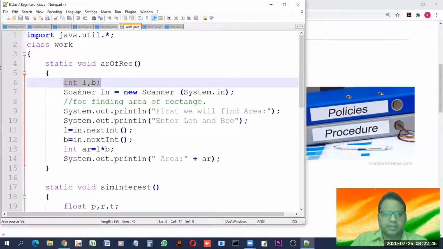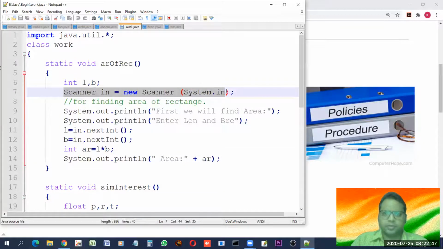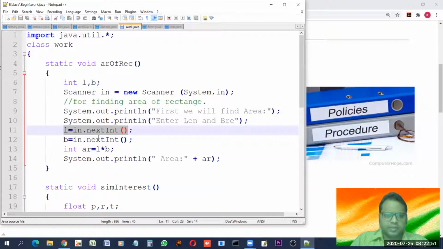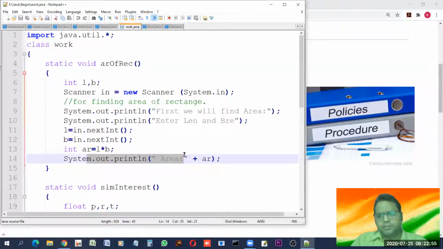First we are creating variables, then an object for inputting, then an output message, then the input statement, then area calculation, and then output. Look, in every program, three basic things are there: input, process, and output.